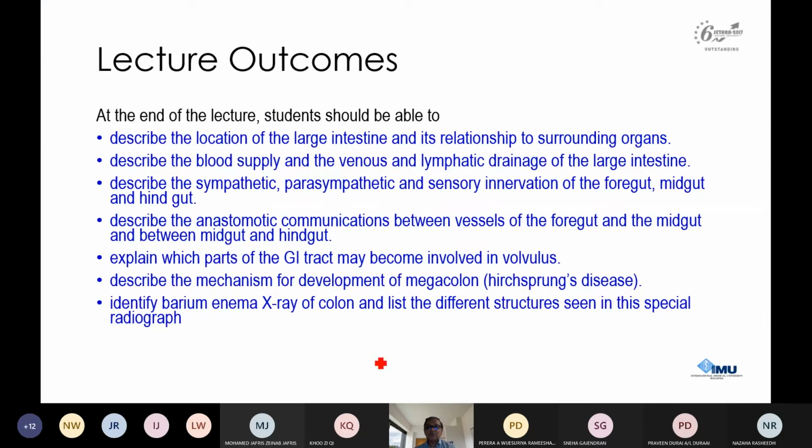So mainly we are going for the large intestine here, but some of the things are clinical application. This is the lecture where some clinical applications are there. One is volvulus. In the volvulus, we also discuss diverticulosis, and then there is another. It happens in children: dilatation of the large intestine, megacolon, Hirschsprung disease. These are the two clinical applications. Rest is all about gross anatomy of the large intestine.